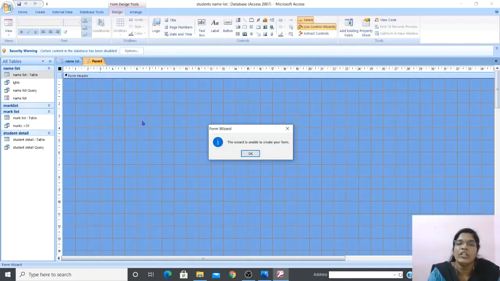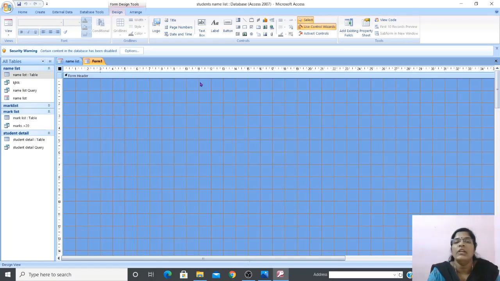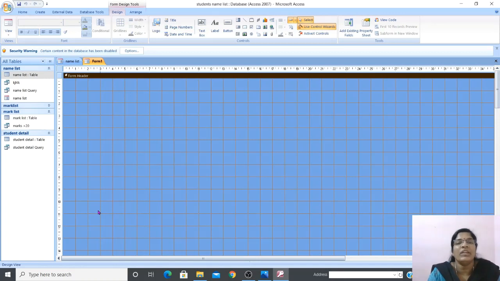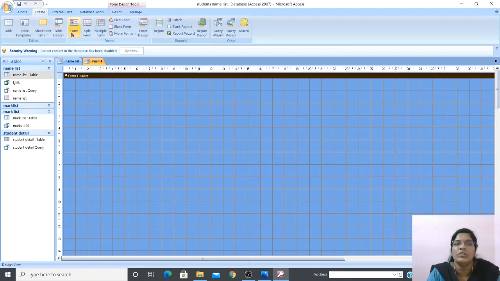When you click on the finish button, you can see the table over here. For some reason I'm having some issues with this Excel, so I'm unable to create it. Got it? So this is a way we create forms using form wizard. Now we have studied how to create forms using the form command and the form wizard. Clear?